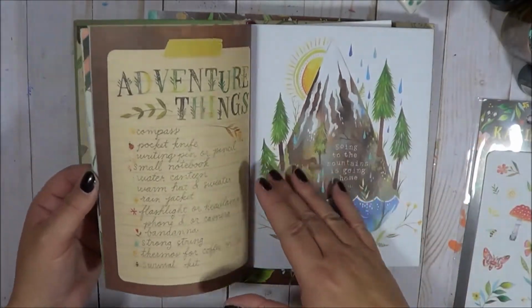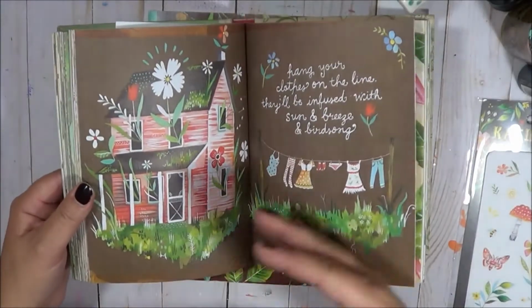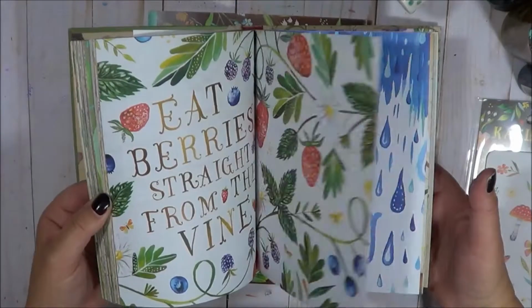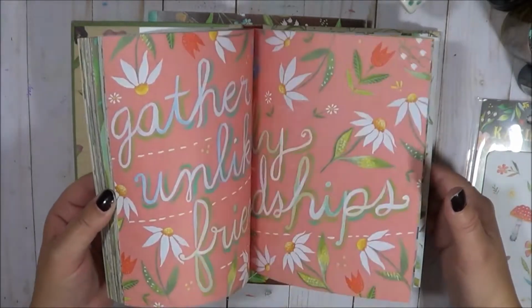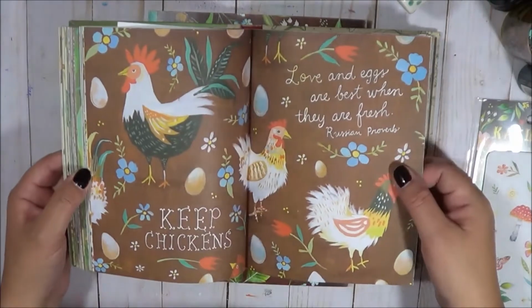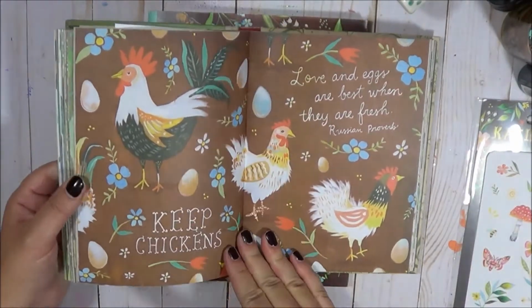But anyway, so it's really getting outdoors and embracing the world that God has given us. So I really love this book. So anyway, just the pictures alone are inspiration. Of course, I think about it, and I thought, oh, I could keep chickens. Of course I have chickens, but